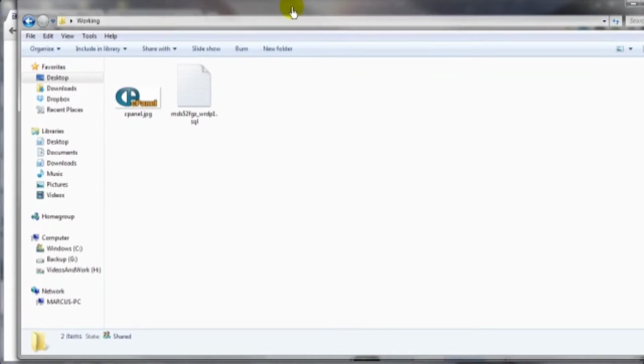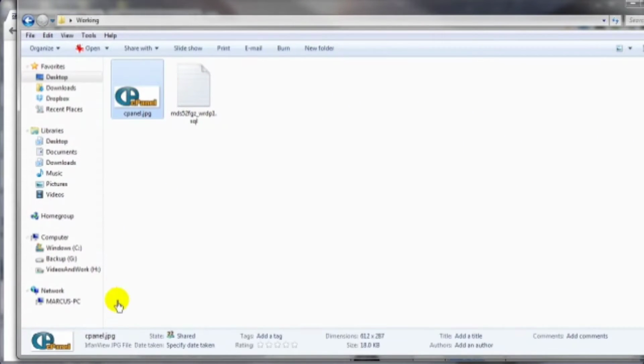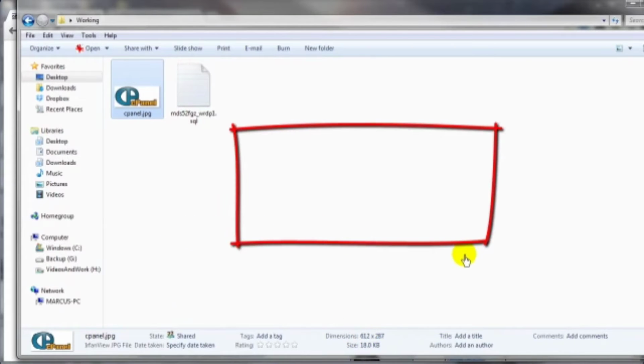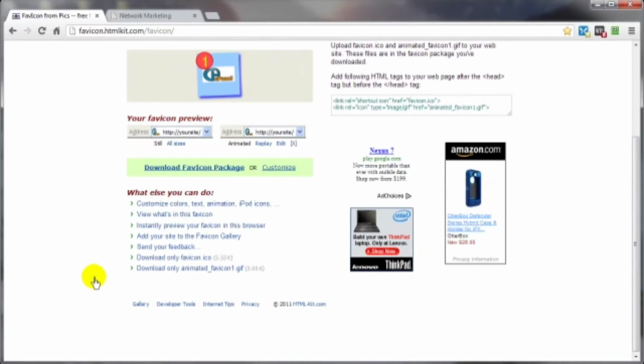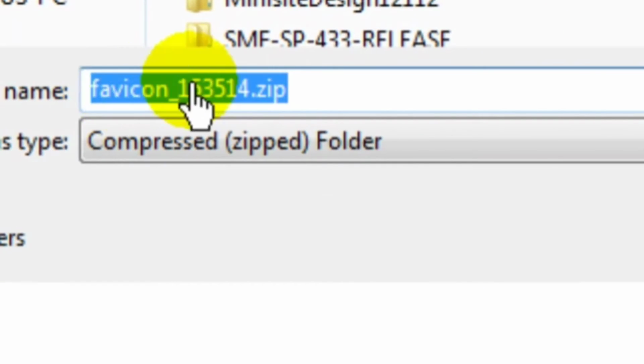Now if we go back here, let me go ahead and show you that image. I want to show you just how big that image is: 612 pixels wide by 287 pixels. So you can see it's kind of that big, but this program brings it down to size. Now, it's probably not the best example, but you can see what it will look like right here as a demonstration. And you've got some other customized options here that you can work with, but I want to try to keep things simple. We're going to go ahead and download as is,